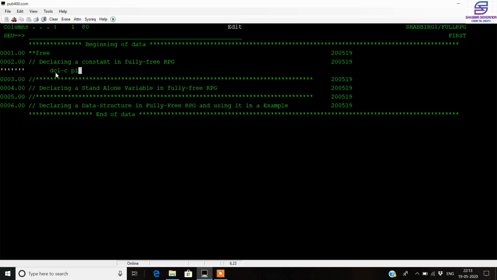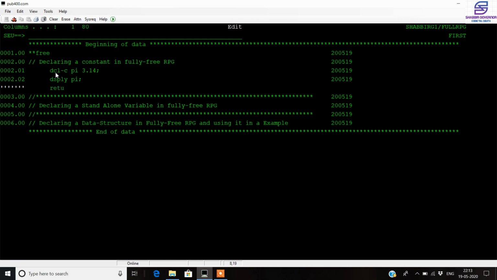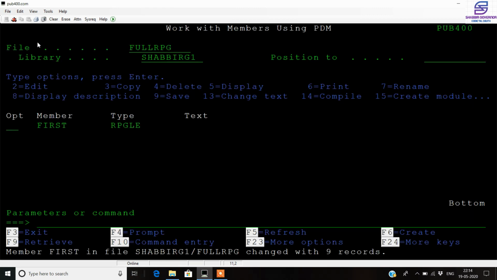I will declare a constant like pi, and the universal value of pi is 3.14. So we declare that. Then we print this pi and return. Now we save this member and compile it to see whether our program actually prints it or not.